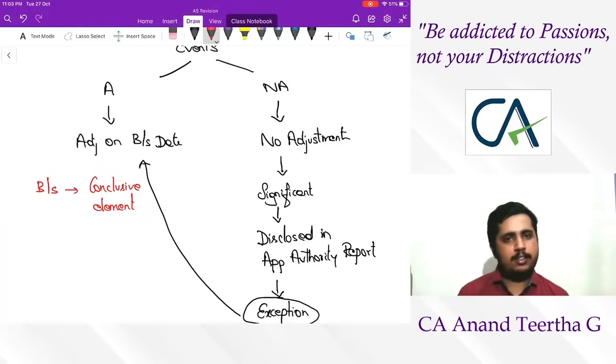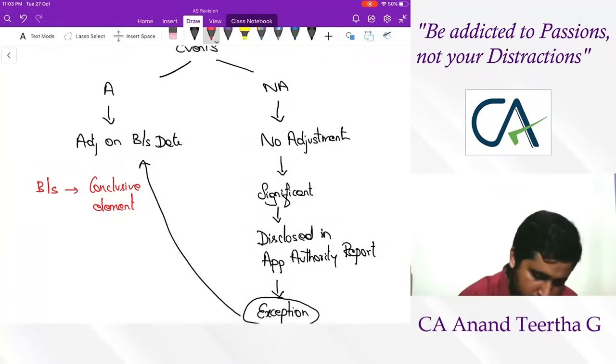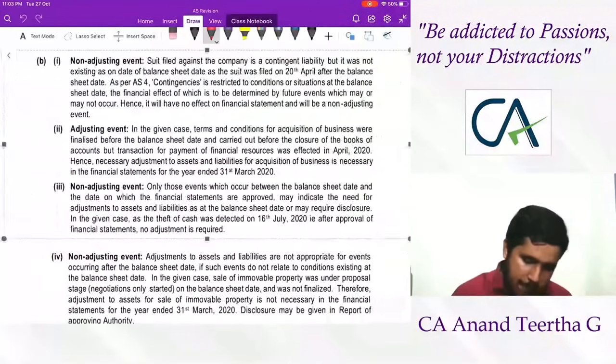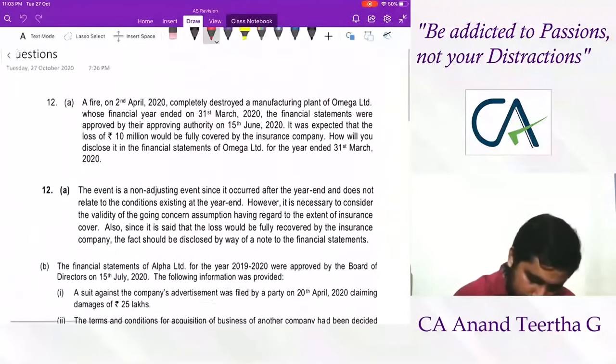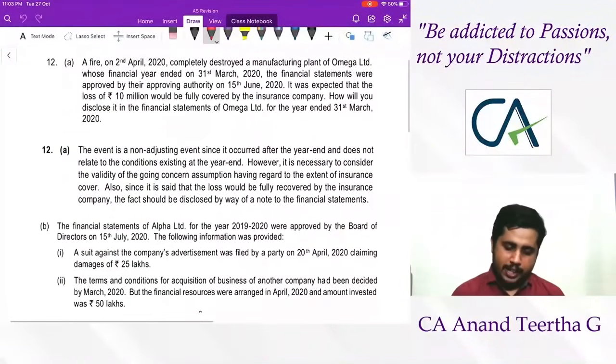So this will be the theory aspect. So make sure that your judgment point is strong when it comes to this standard. So now let's take up one or two questions which I have picked from your RTP and MTP, and accordingly let's see how the answers could be brought up. So let's quickly go towards the questions. Yeah. So I will read up the question now.